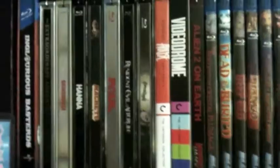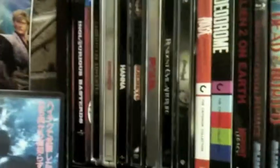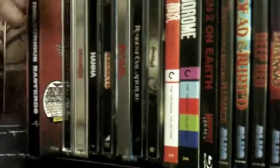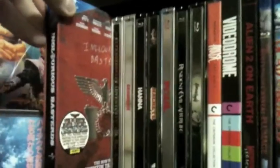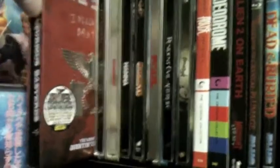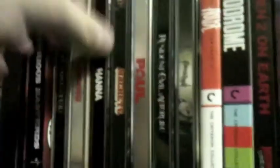Starting from the beginning here, I put all the Steelbooks and the metal pack together. And you have the one metal pack, and that's the fantastic Inglourious Basterds set, which was a JB Hi-Fi exclusive again. Really nice embossed cover, comes with some art cards in there, and it's a great movie, one of my favourites. Next to that we get The Extraordinary Adventures of Adèle Blanc-Sec, Grindhouse, which is the German steelbook, which